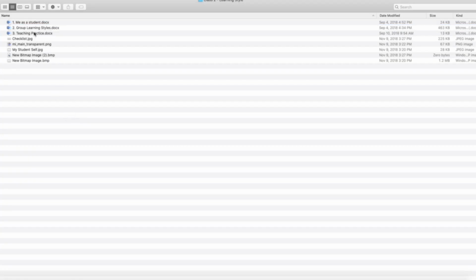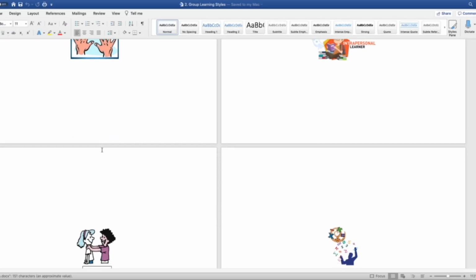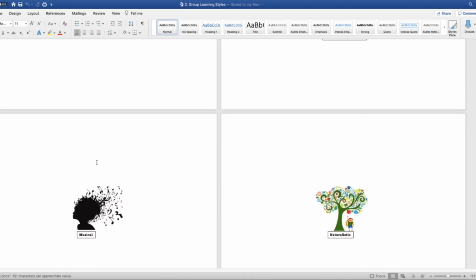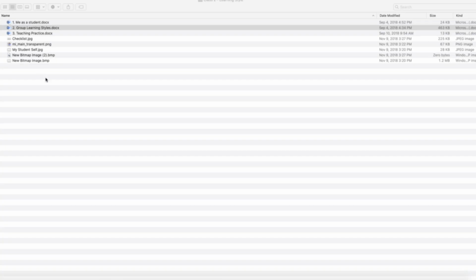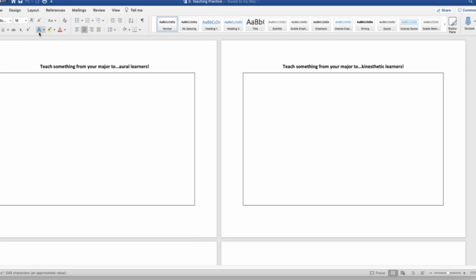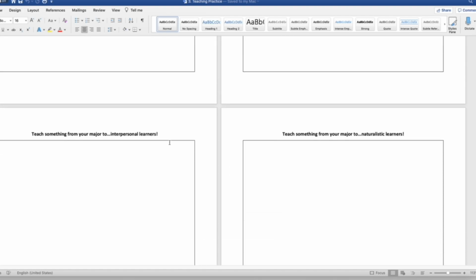And let's click on group learning styles. We were learning about different learning styles. That was actually in the curriculum. And then teaching, I think I actually got them teaching, imagining they were teaching the students with the different supposed learning styles. Of course, there's a lot of debate now over whether there are such thing as learning styles or multiple intelligences. But I had fun with this and students really enjoyed it.